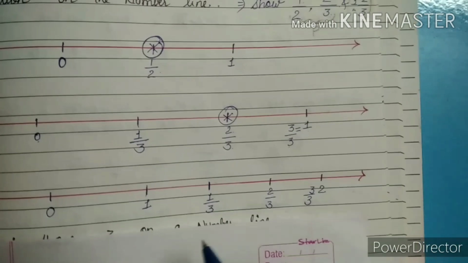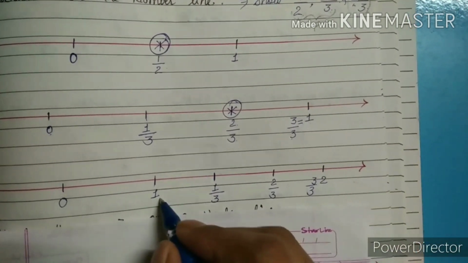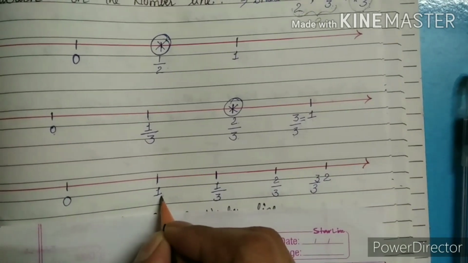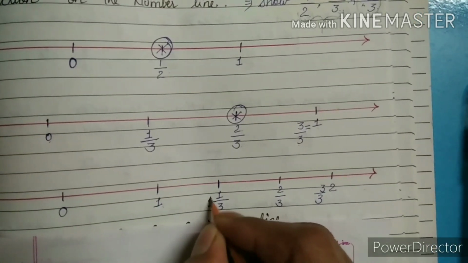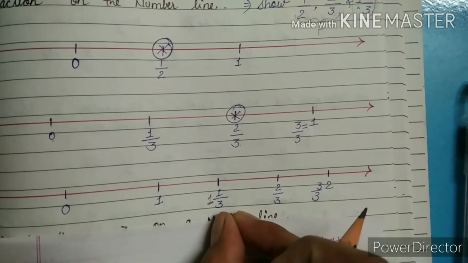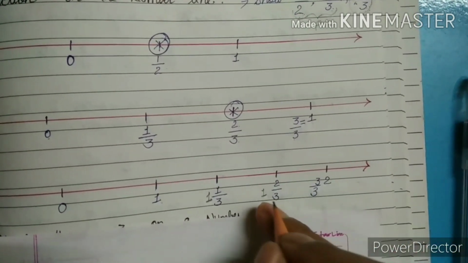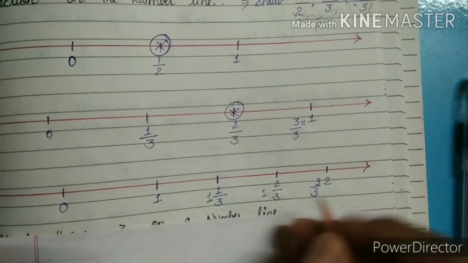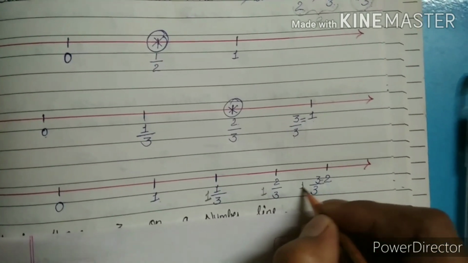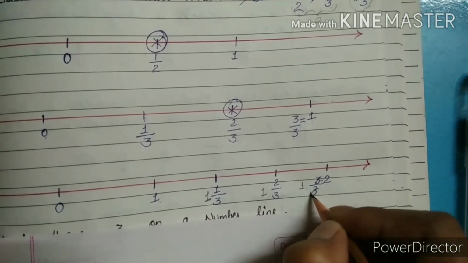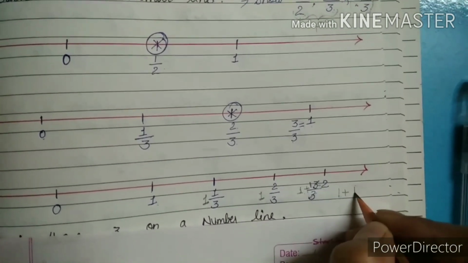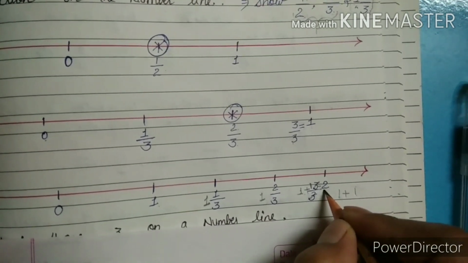Now 1, it means here this 1 is completely here. Now 1 is also here because this is a part of completely 1 and 1 by 3. Now this is the part 1, 2 by 3. Now how can we get 2? Because when we cut here 1 is completed, but when we cut 3 to 3, so it will again give us 1, 1 plus 1 and 1 plus 1 will give us 2.